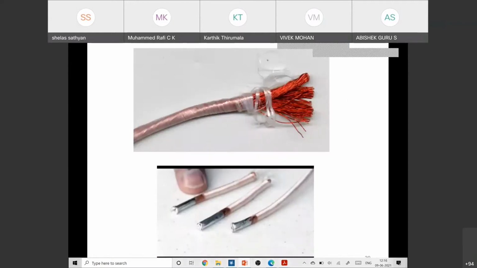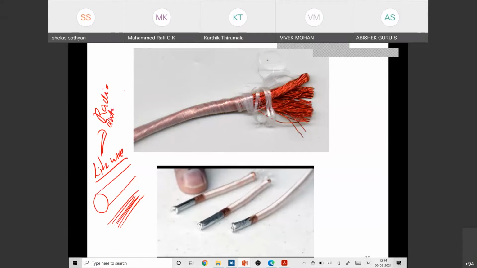Now, as I told, when you're operating at a high switching frequency, we will not use a bare conductor of a single diameter. Instead, we will use a large number of small conductors which are insulated from each other. We call it Litz wire. If you are not familiar with the word Litz wire, it is nothing but the radio antenna wire.